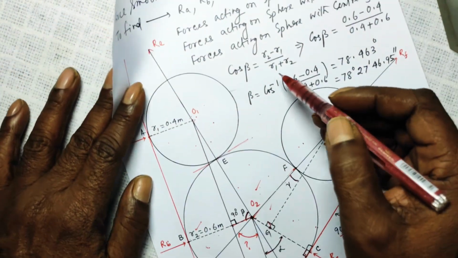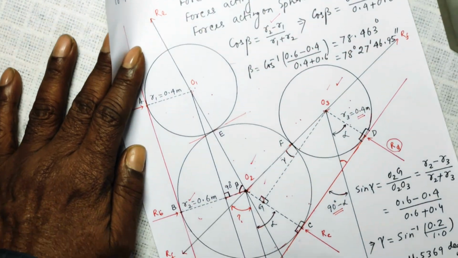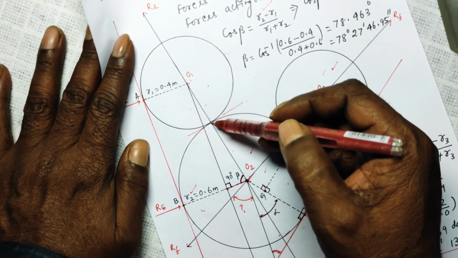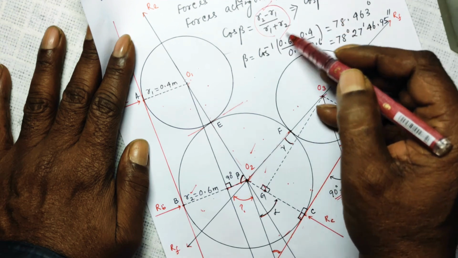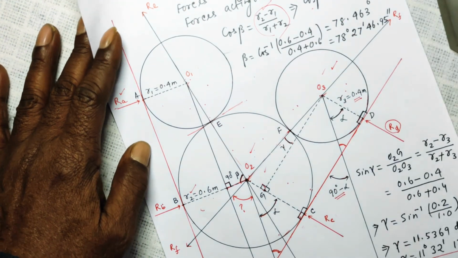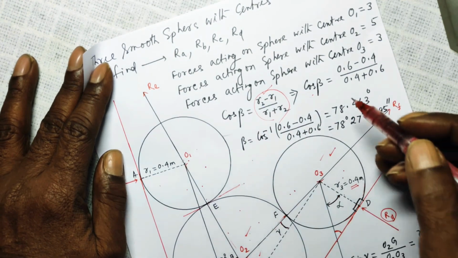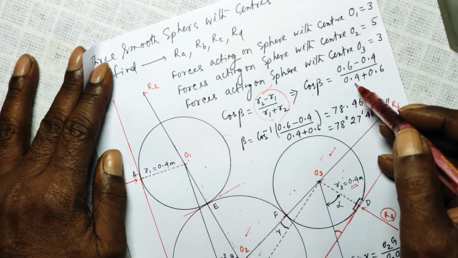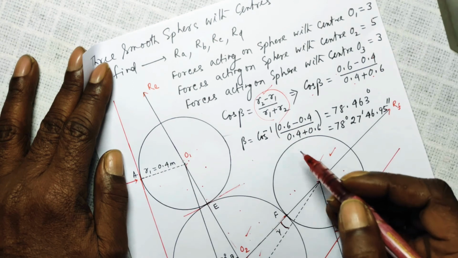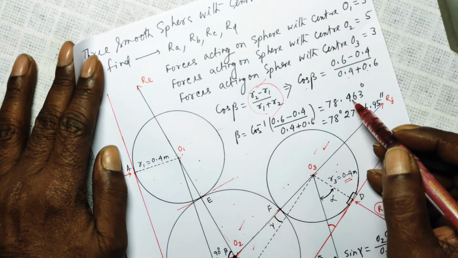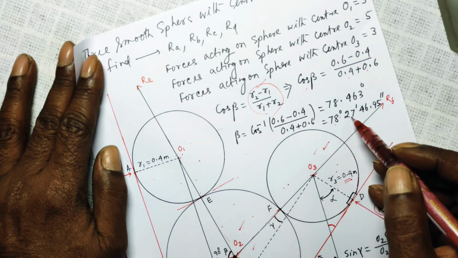So cos beta is equal to R2 minus R1 over the hypotenuse, that is from O1 to O2, that is equal to R1 plus R2. So beta is equal to cos inverse of this. I have put the value of R2, R1, R1, R2. So beta comes out to be 70.463 degrees, that is 70 degrees 27 minutes